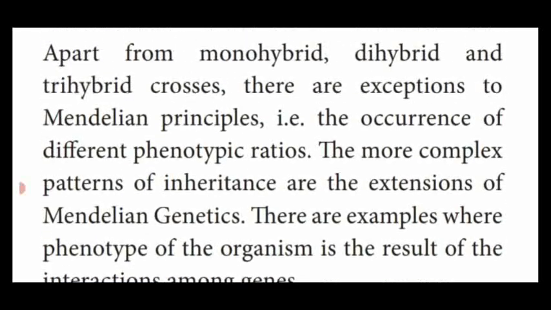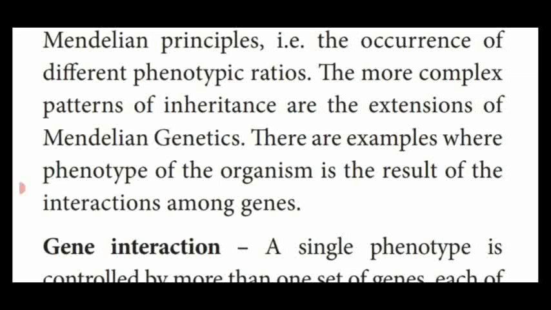So with the help of the monohybrid, dihybrid and trihybrid crosses, Mendel has proved that gametes express in different forms with different characteristic features. This different characteristic feature of a phenotypic organism results from the interaction between the genes. That means genes interact, whether on the same chromosome or on different chromosomes. That is said to be gene interaction.